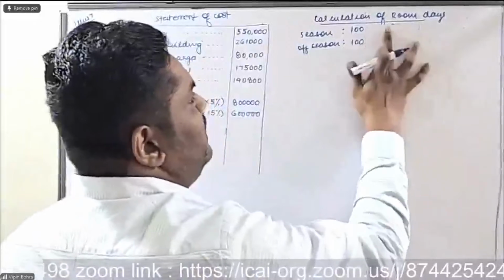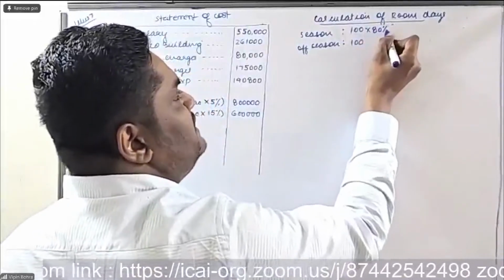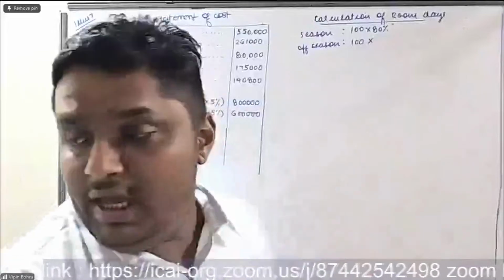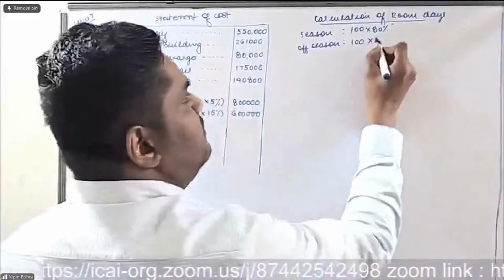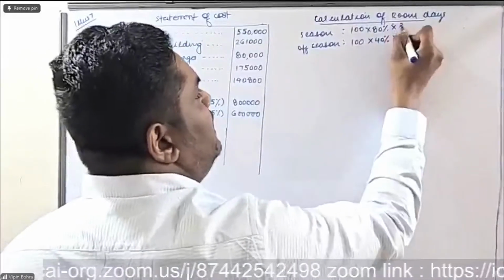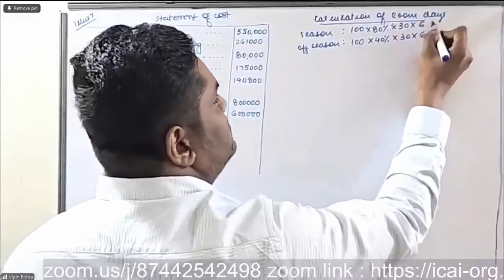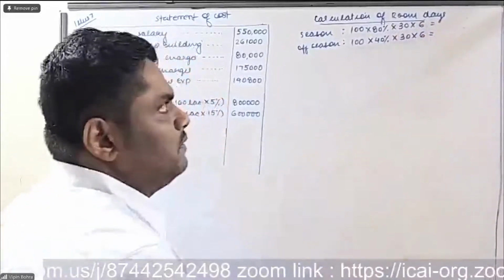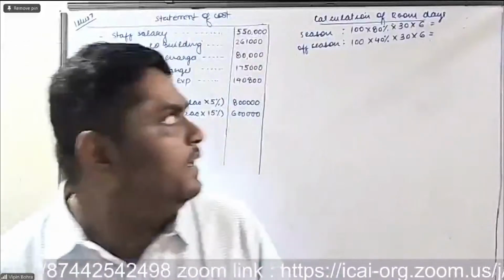So see guys, 100 rooms are 80% occupied in season, and in off season there is only 40% occupancy, into 30 days in a month, into 6 months in a year. So when talking about the number of rooms occupied during the whole year,